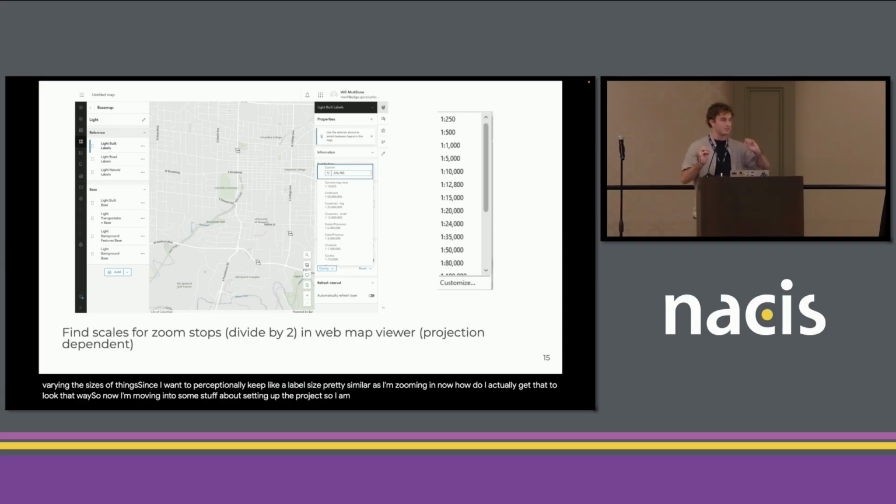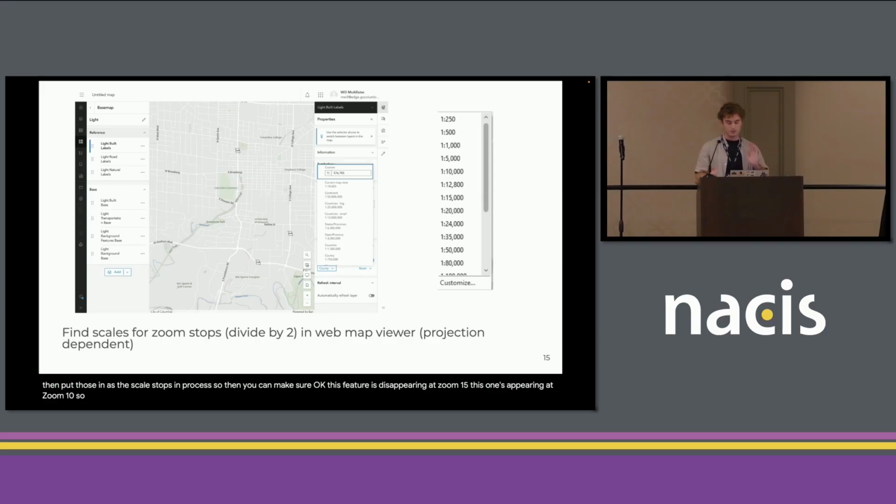So this is one of those things where I'm going to tell you to do this. I didn't do this enough, but I would say start off, go into ArcGIS Online, grab a scale for a zoom, or you kind of write all of them down, because I'm trying to think how you see the zoom that you are on. Regardless, you can then divide by 2 to reflect all of your zoom scales, and then put those in as the scale stops in Pro, so then you can make sure, okay, this feature is disappearing at zoom 15, this one's appearing at zoom 10,